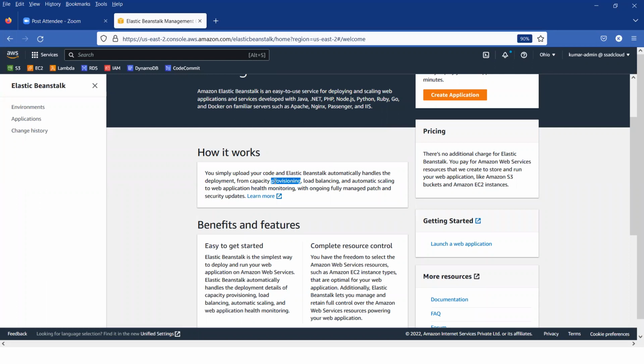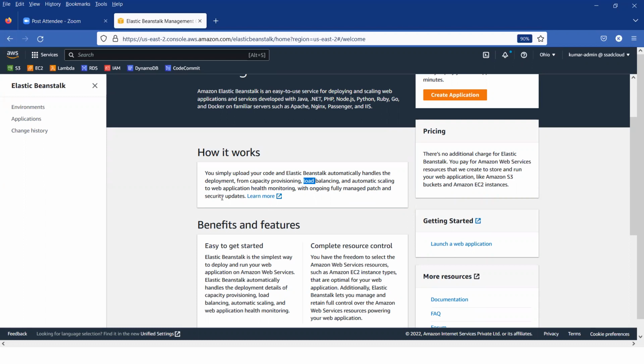That means whatever capacity I need is taken care of by Elastic Beanstalk for me. It does the load balancing and automatic scaling of web apps,